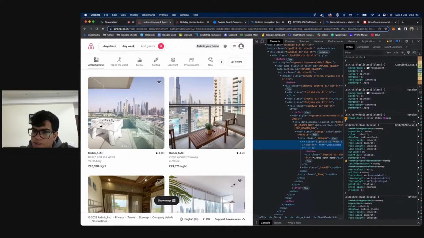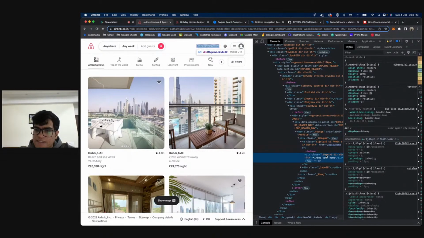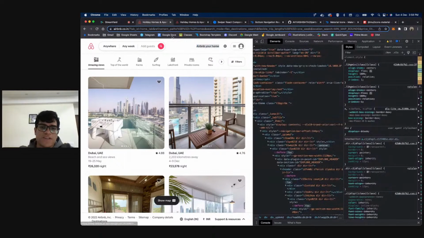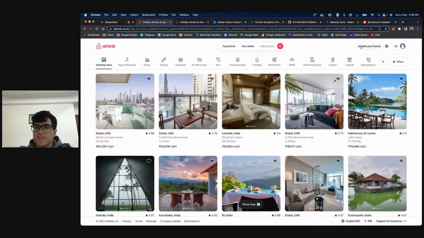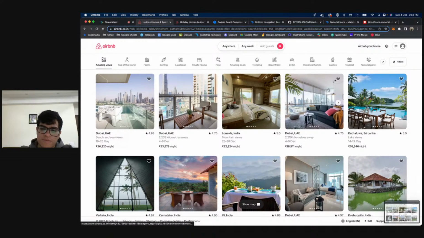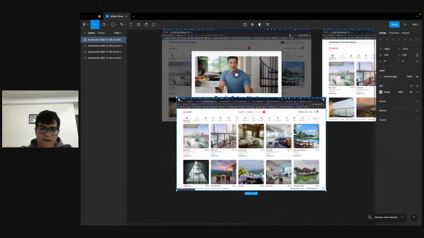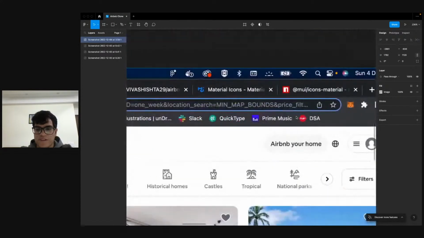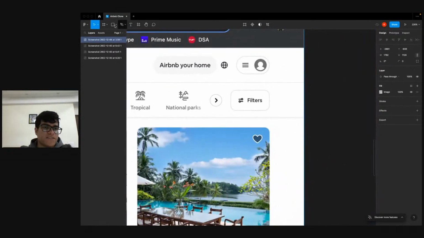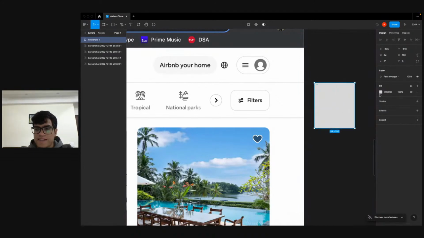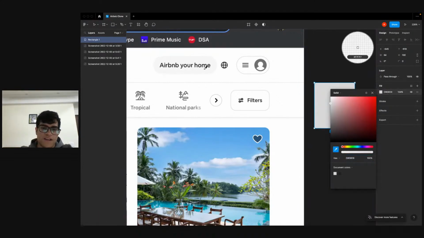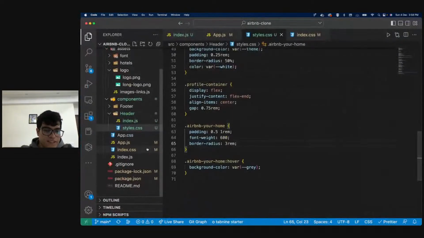All right. So on the hover, they haven't added the color like this. Okay, so we will be using a color dropper quickly. If you guys are not aware, there are multiple ways to do that. First thing is I can obviously take a screenshot, go to my Figma, put this screen on my Figma, and I can just use a color dropper over here, right? So I can just go ahead, make a box, and give this box the same color as this, and this is F7, F7, F7. All right. The hex code that they are using is F7, F7, F7,